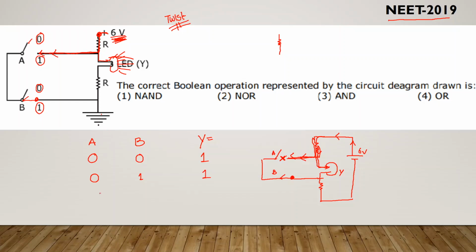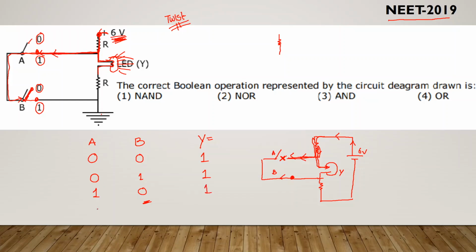Now, what is the third option? Let me close A and open B. Now I have closed A and B is open. Now what will happen? The current will try to pass through A because A is closed. It will come towards B. Can it go through open B? No, because B is already open. So instead, it will again pass through the bulb. Again the bulb will be on.